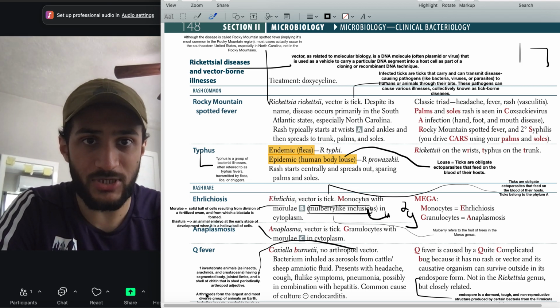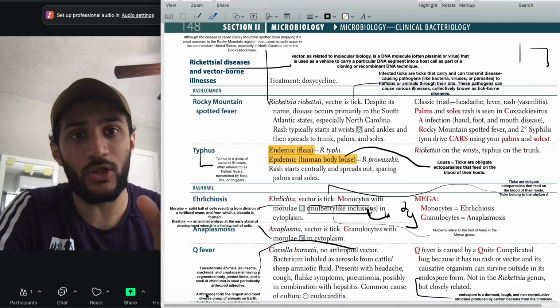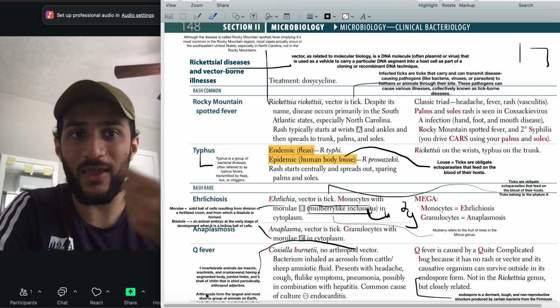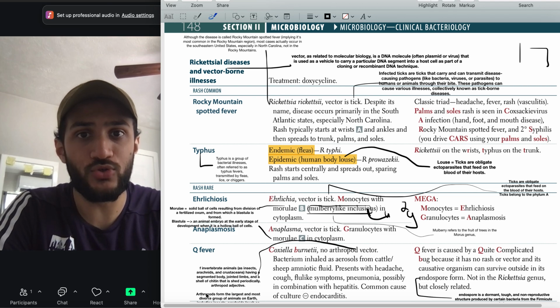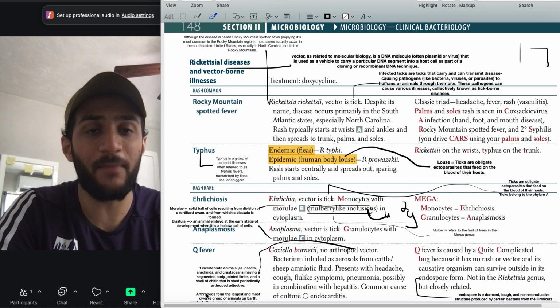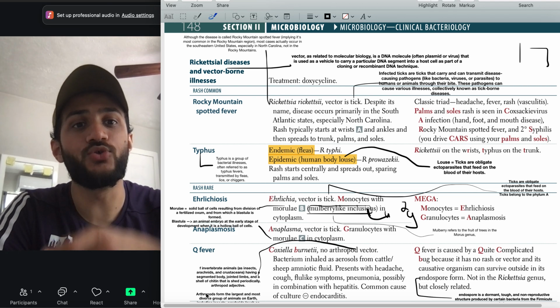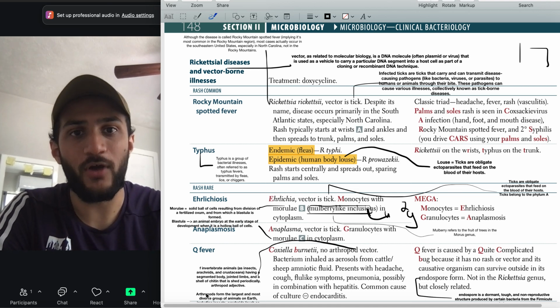related to molecular biology, and this is basically a DNA molecule that can be a plasmid or a virus that is used as a vehicle to carry a particular DNA segment into the host cell as a part of cloning